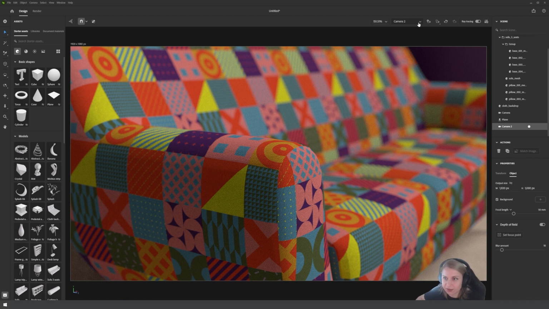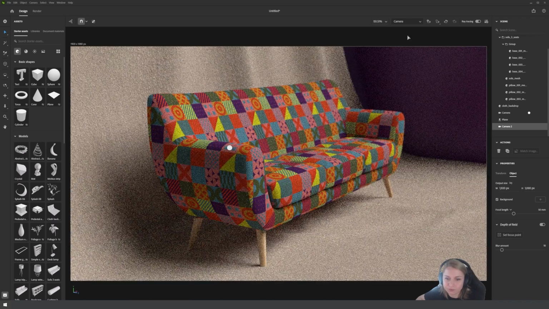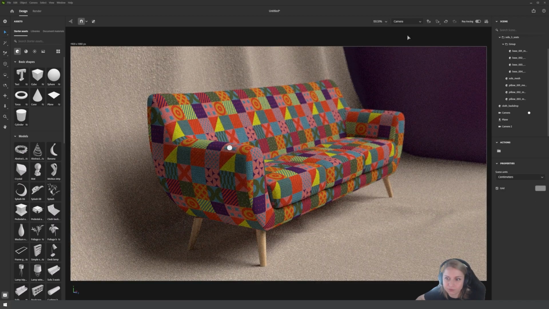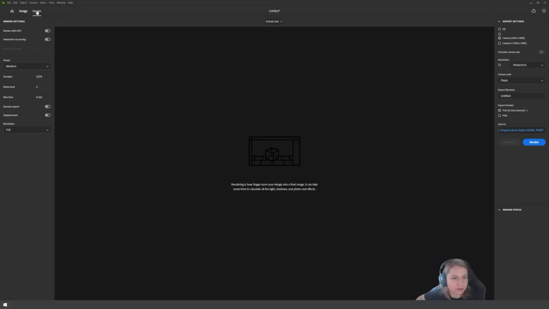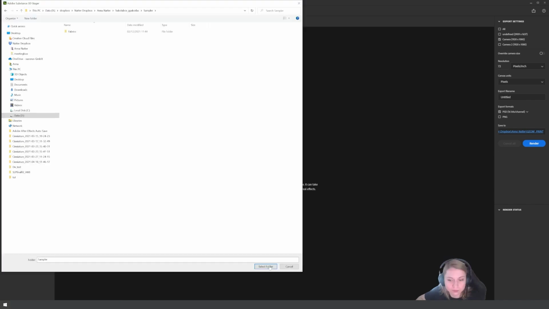Okay, so we are ready. And now it's time for rendering. I always use this custom preset because I found that this is something that works very quickly for me, and I just save it to a folder.